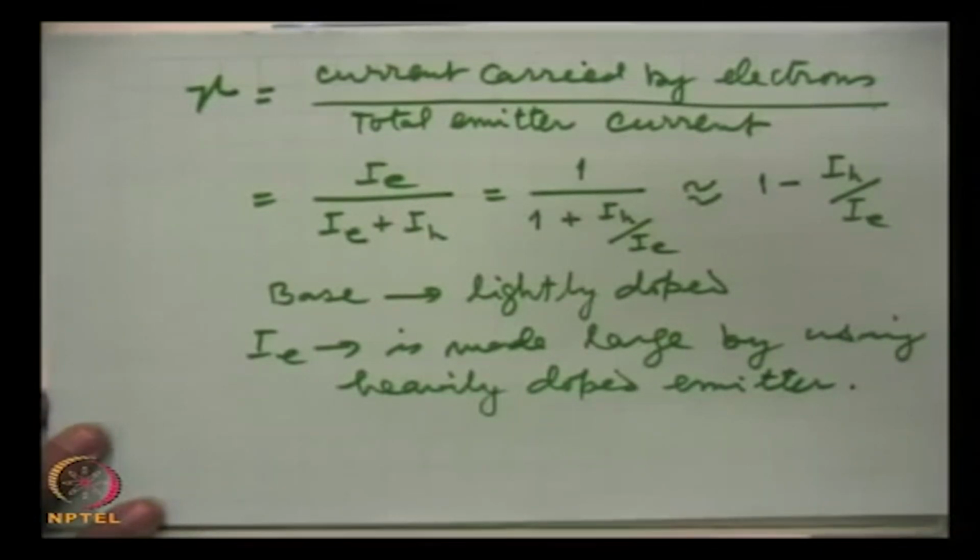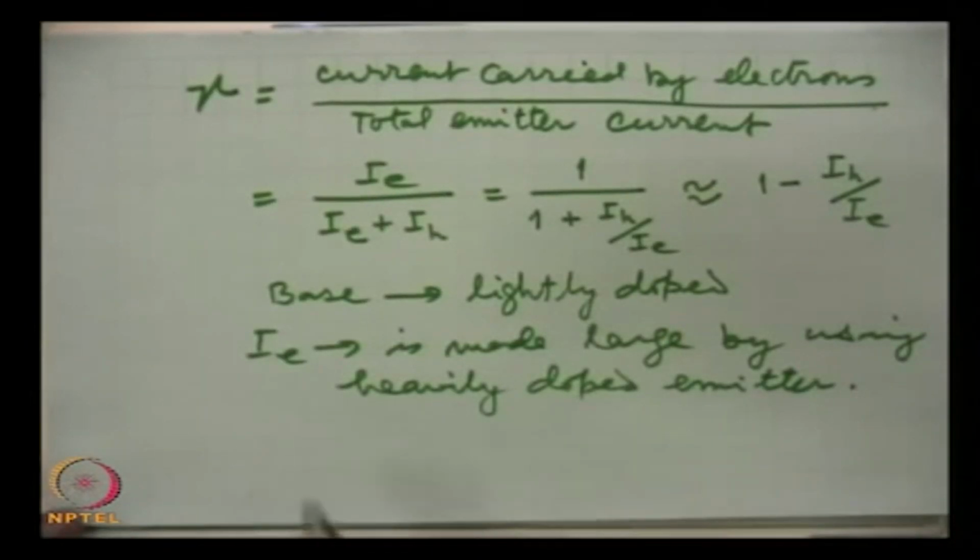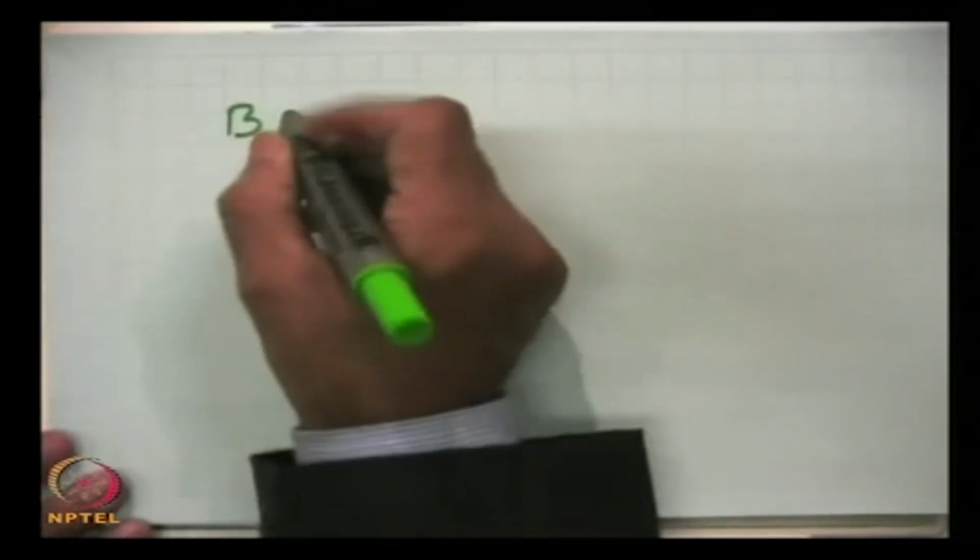Now, I am sure you are realizing what was said as a statement earlier. If you remember the first lecture and second lecture, these points were just stated and it was said that later on things will become clear. So, I am sure now you realize why the base was kept lightly doped and the emitter very heavily doped. Similarly, the other parameter, that is the base transport factor B,